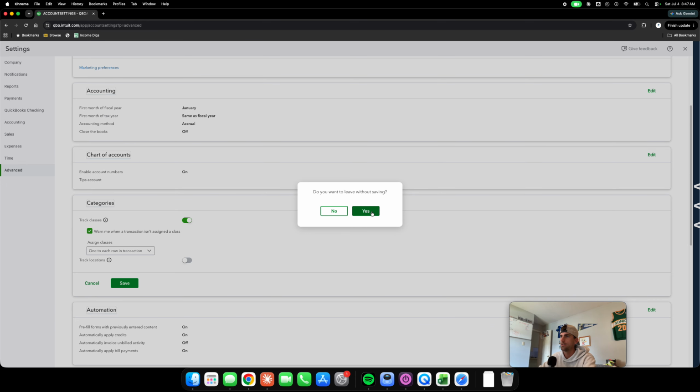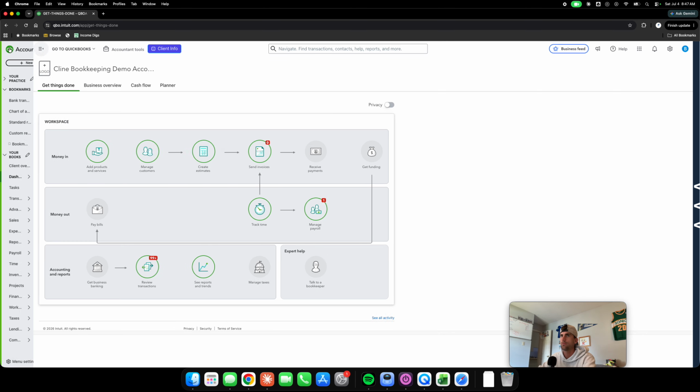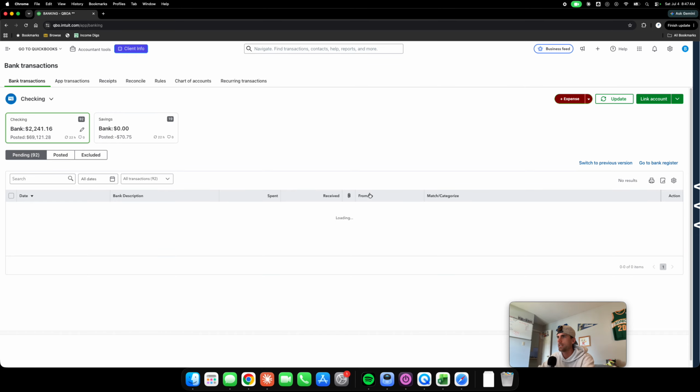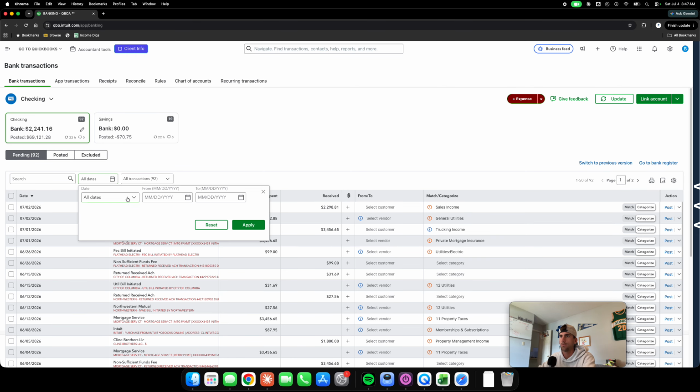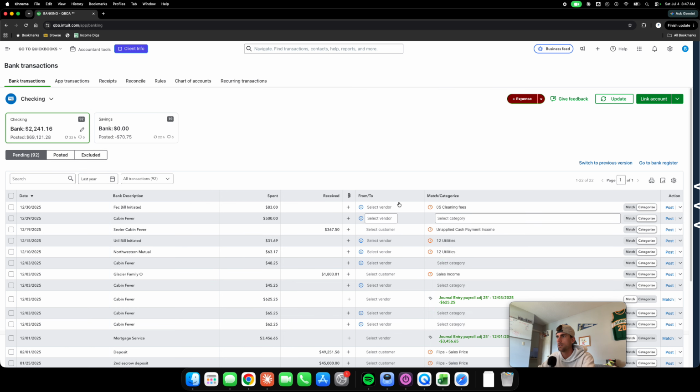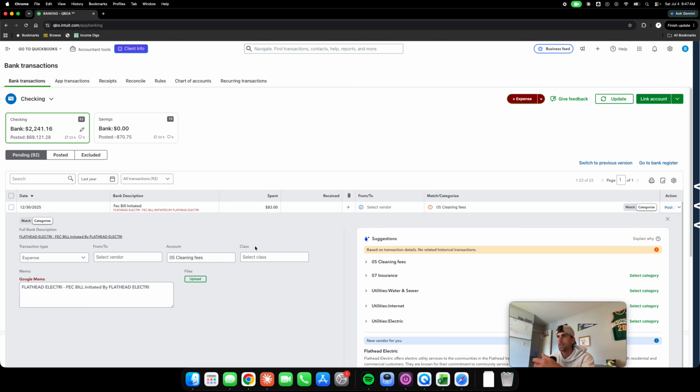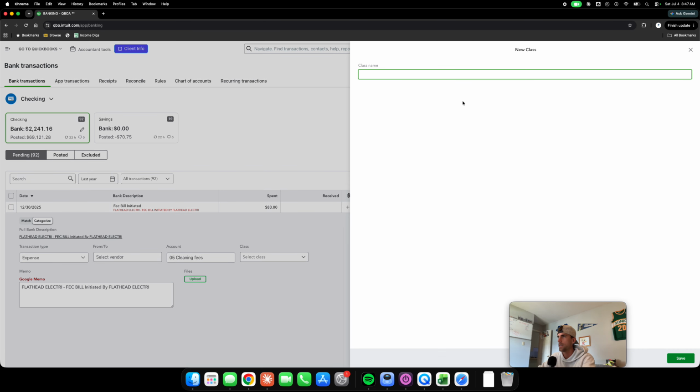So once you get that set up and you come into the bank transactions, and I'm going to do mine for last year to just show you a clean report. But essentially, now you can have this class tracking here, and you can either add the vehicles straight from the bank feed. So if you click on add new, you just put whatever truck number, or if you want to add the last 4 of the VIN of the truck to help you know which truck you're keeping track of,